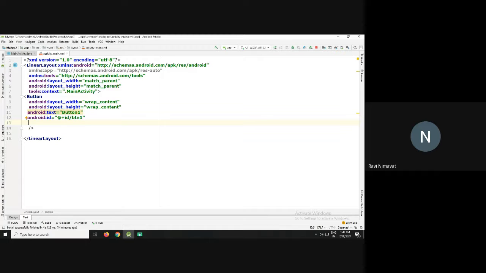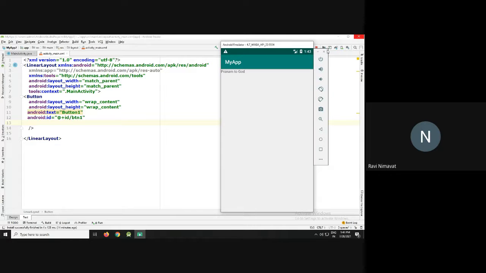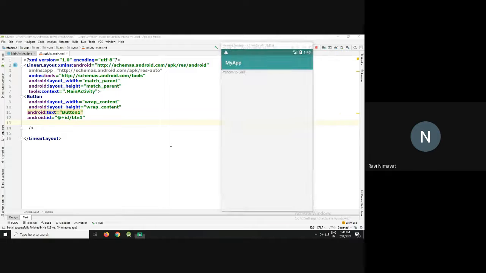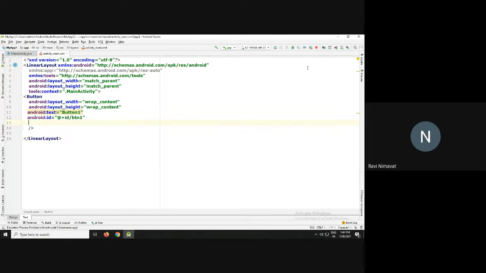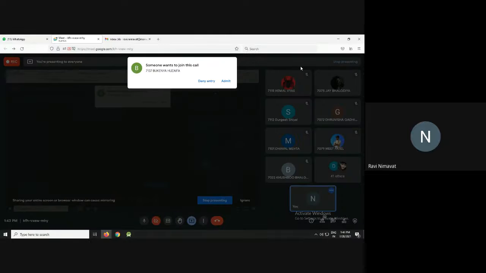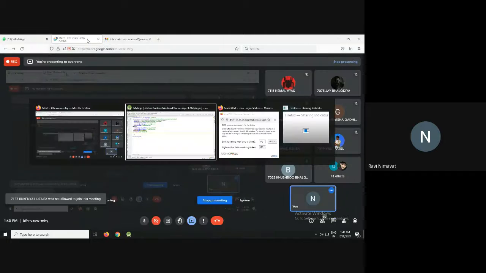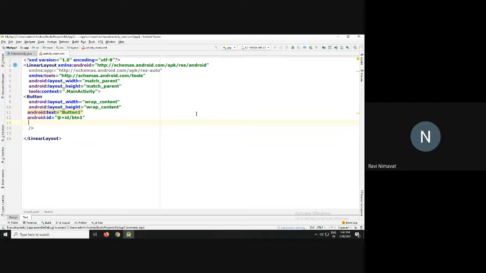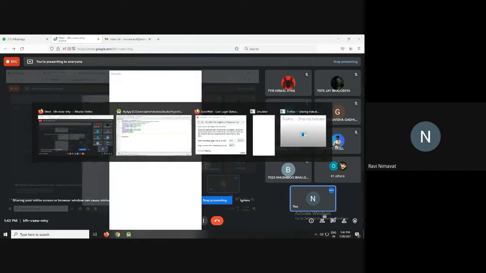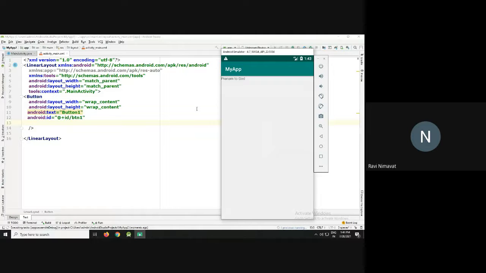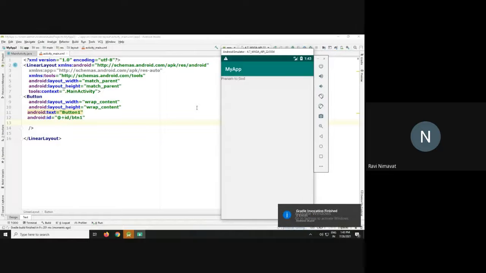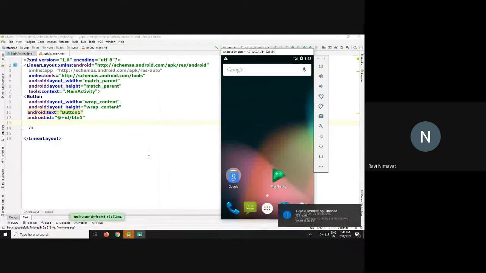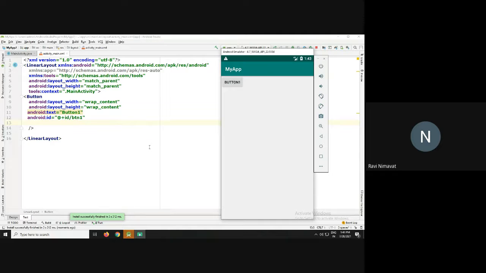Okay, then background color. Okay, run our app. Button one is displaying in the output, students.